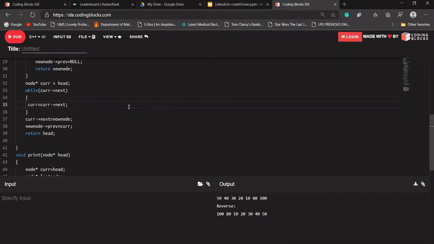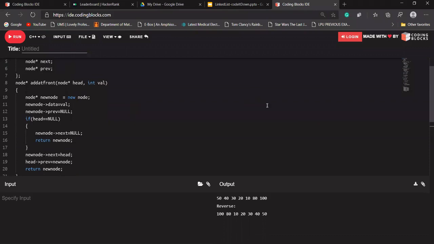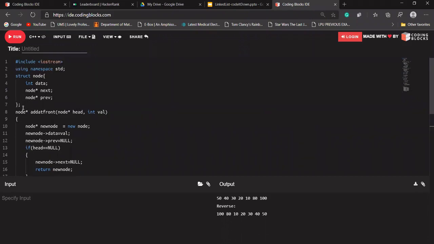Actually, I'm not having a doubt, but I want to share something. We made this function add at last, right? Yes. And we are iterating through a loop, so we are taking linear time. Yes. Now, what if we declare a pointer last in the main function and pass it as a parameter to add at front, and always update it? Then we need not iterate through a loop in add at last. Shrey, I got your point. Let's try to do that as well. Just mute yourself, I'll do that concept.